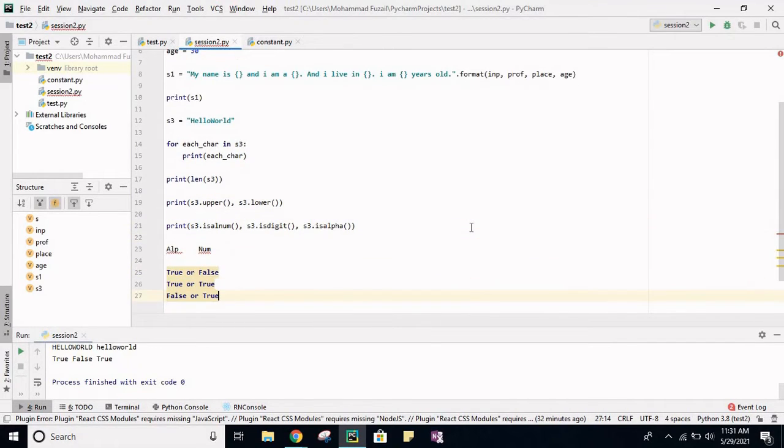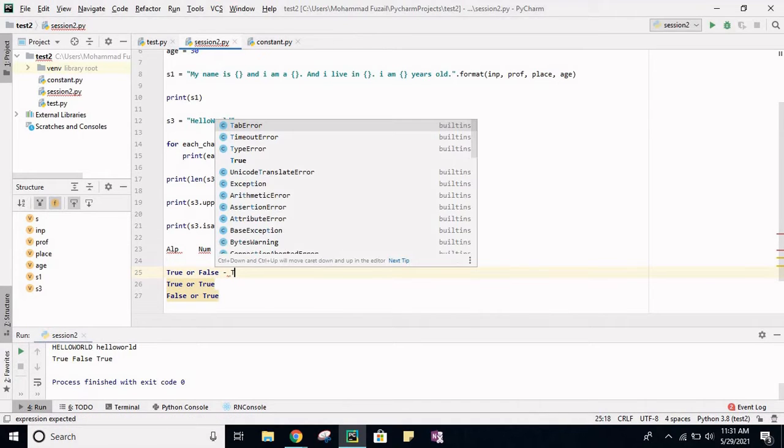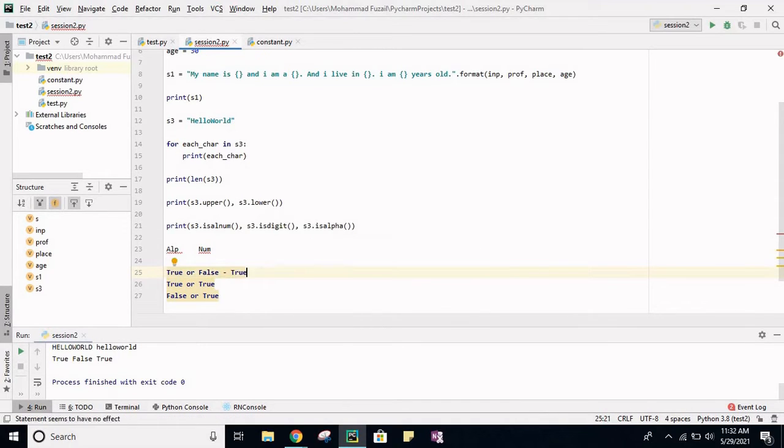So for alphabetical, if we get true and for numeric we get false, it means if it is all alphabet but not numeric, then in that case as well it will give us true. That's basically the use of the OR condition.